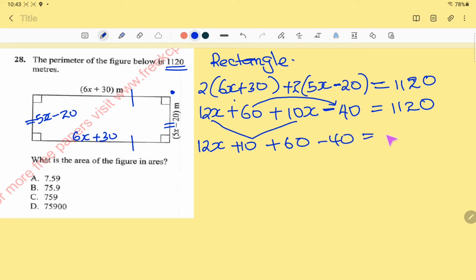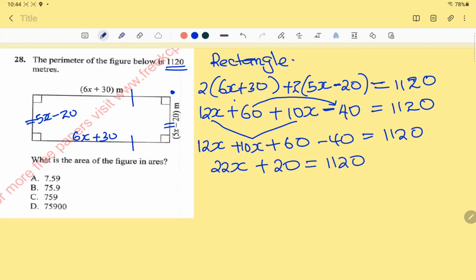This should give us 1120. So 12x plus 10x will give us 22x, plus 60 minus 40 is 20, is equal to